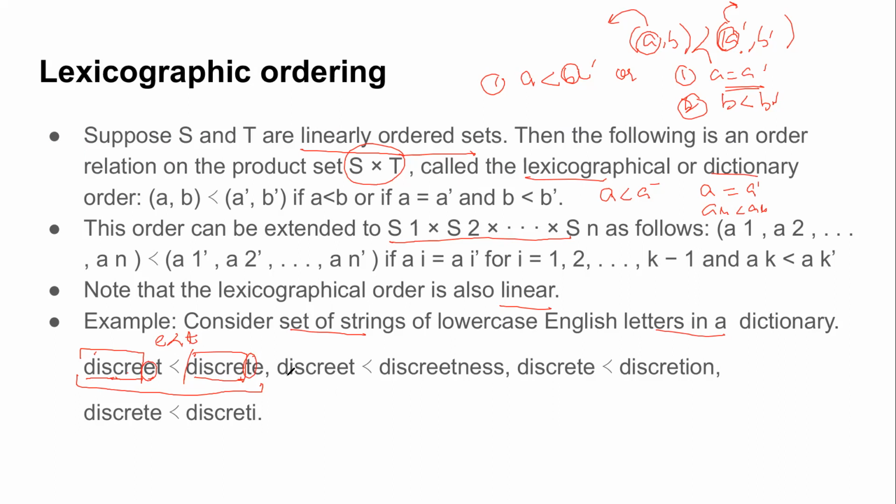Similarly, if you look at this, all the letters of this word are contained in the other, right? After this, there is no digit or alphabet, so definitely it comes before that one, the way your dictionary is made. Similarly, in this you can see that till 'discrete' it's the same, but the next letter is E, whereas here it is I, and we know E is dominated by I.